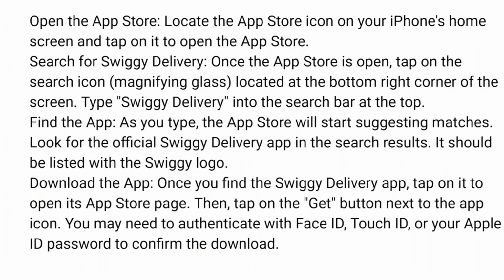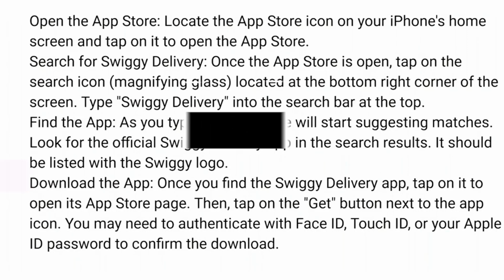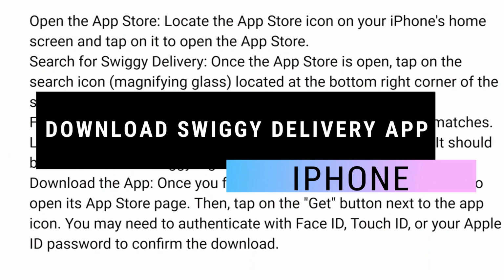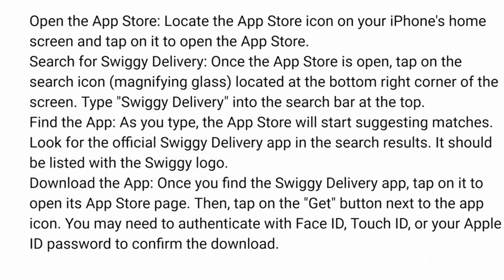Hey guys, in this video I'll show you how you can download Swiggy delivery app in iPhone. So make sure to watch the video till the very end. And let's begin. Locate the App Store icon on your iPhone's home screen and tap on it to open the